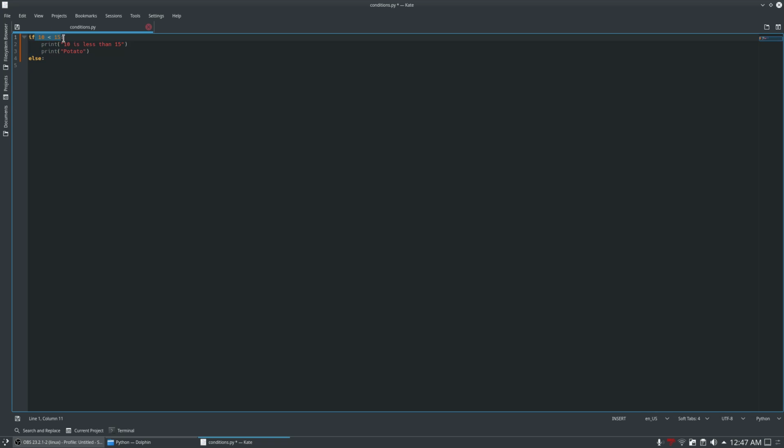You can use 10 less than 15, or less than or equal to 15, greater than or equal to 15, greater than 15, equal to 15 exactly, not equal to 15, etc. Those are all the operators you'll really need, but I'm just going to be checking if it's less than 15 up here. And now else, basically, if 10 is not less than 15, then we can say print